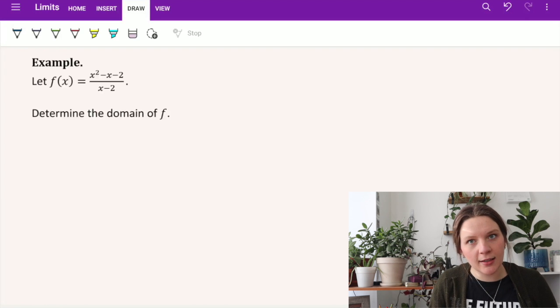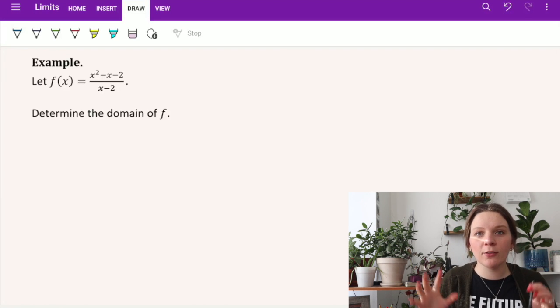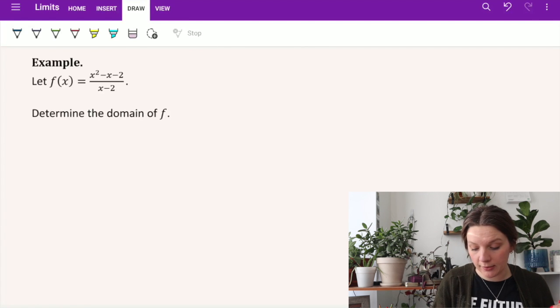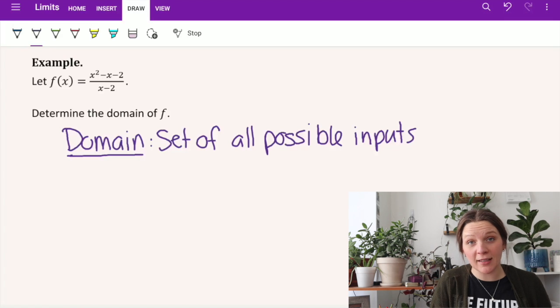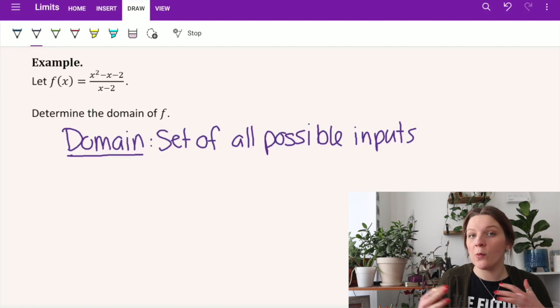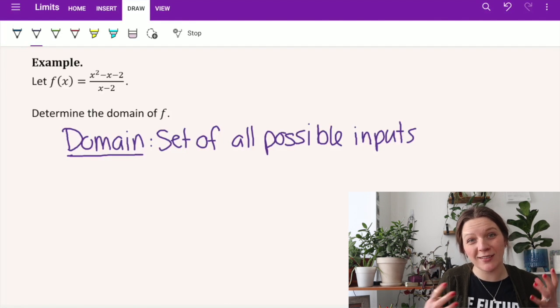What is the domain of our function? So whenever you're given a rational function, you want to think, what is the domain of this function? So remember, the domain is a set of all possible inputs. In our example, we want to look at what can we put into our function and what can't we put